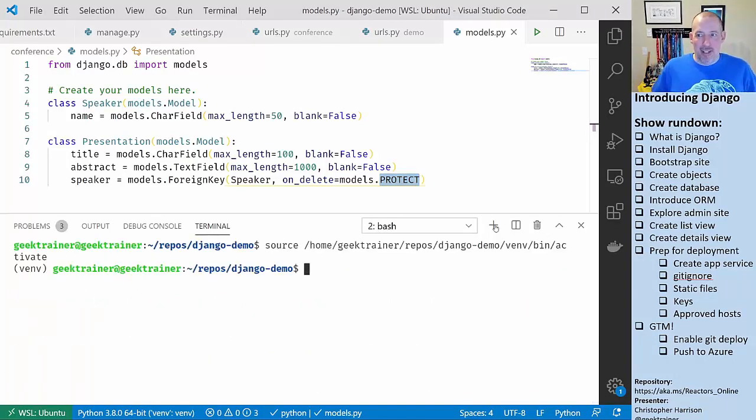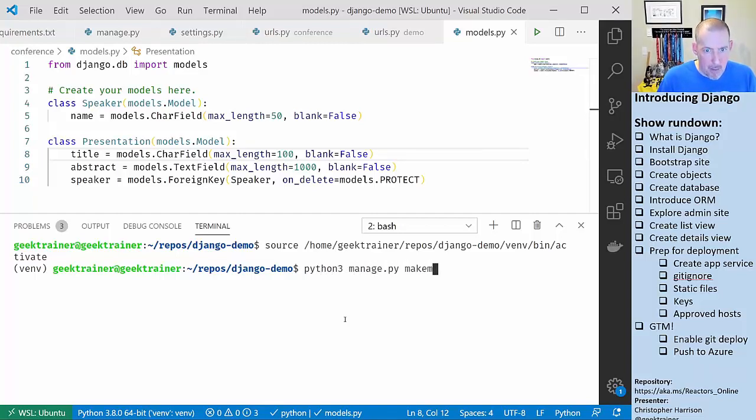how can I use that? Remember again, we're not launching rockets. Eventually this is going to wind up inside of a database, right? Well, what I want to be able to do is set up that database. I want to take all of this, my speaker, my presentation, and convert that into SQL. The way that I can do that in Django is by using what are known as migrations. A migration will allow me to take whatever objects I've created here and update that in the database. So I'm going to say Python 3,